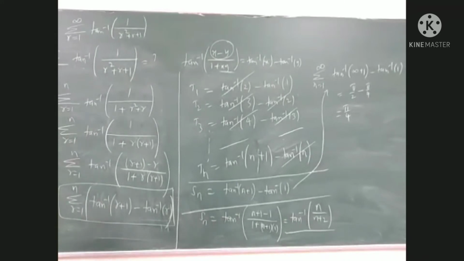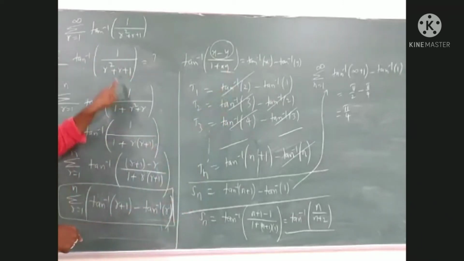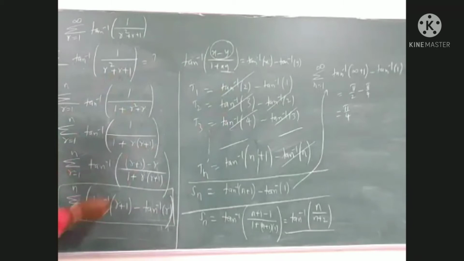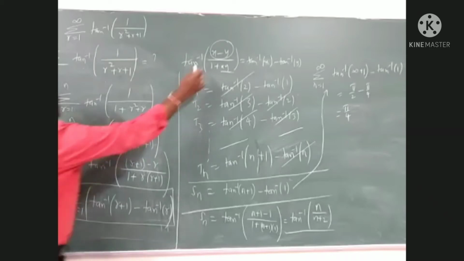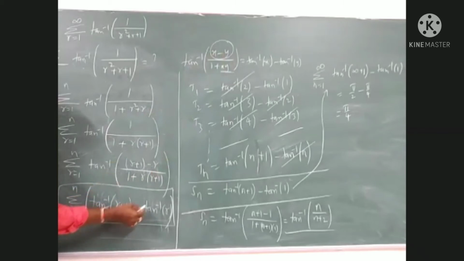Then I'll give homework. Sigma r is equal to 1 to n tan inverse 1 upon r square plus r plus 1. I have to make it in the form of 1 plus xy. So I made it 1 plus, here the rest I wrote r square plus r. Now here I need to make the factors r into r plus 1. So here x into y on the top I can write as x minus y form. I have to get this form. So I write r plus 1 minus r. So this whole thing I can write tan inverse r plus 1 minus tan inverse r.